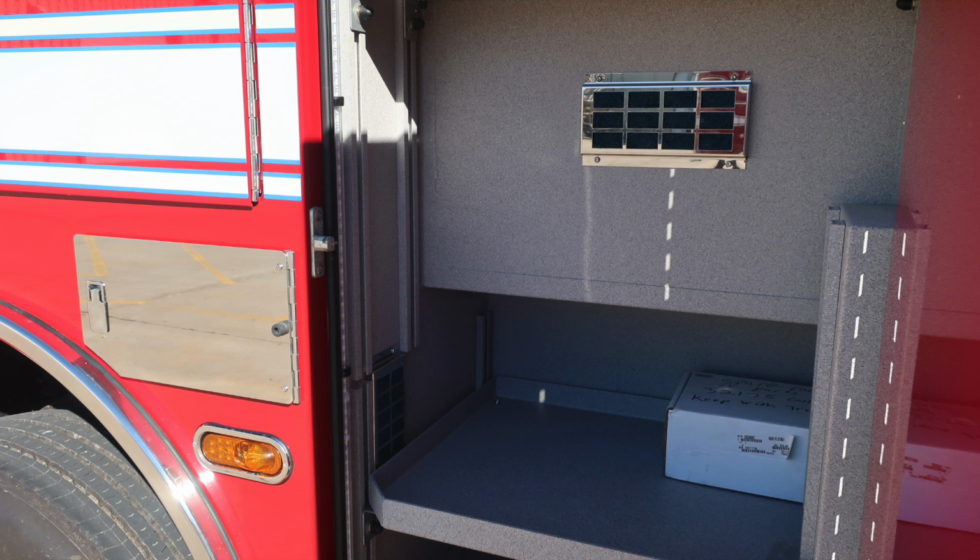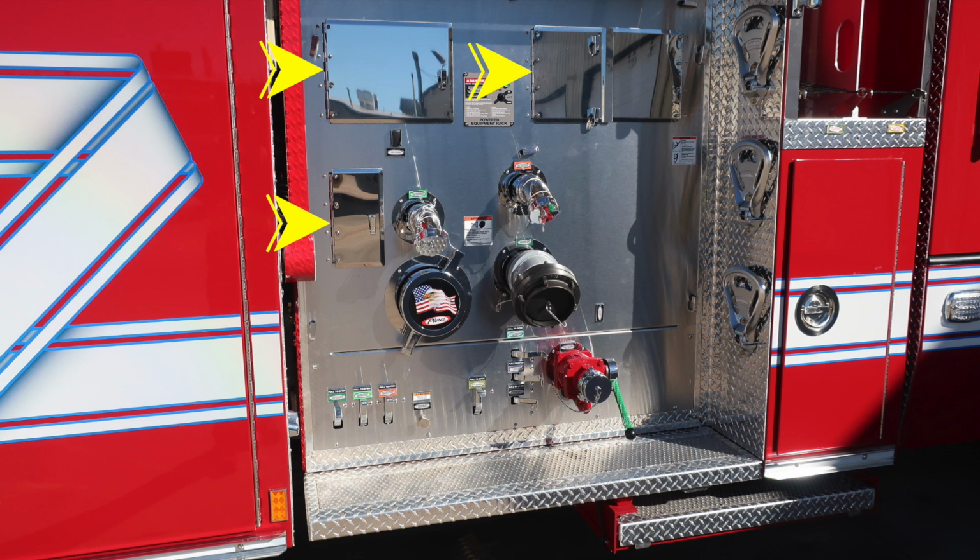And now we'll move to the midpoint of the apparatus. There are about 4 pan doors located in this area, and we'll talk about those in detail. You also have your powered equipment rack. This is the module for controlling it. As we move down from that location, you will find your reel rewind,